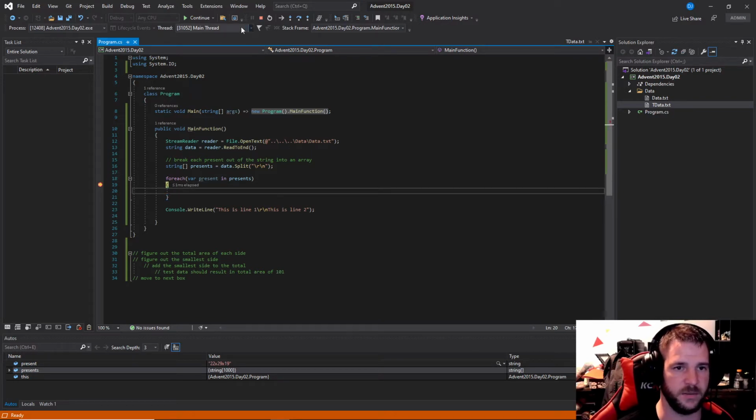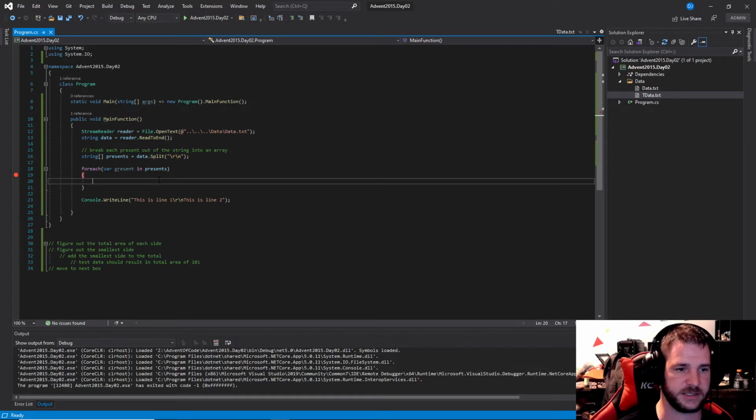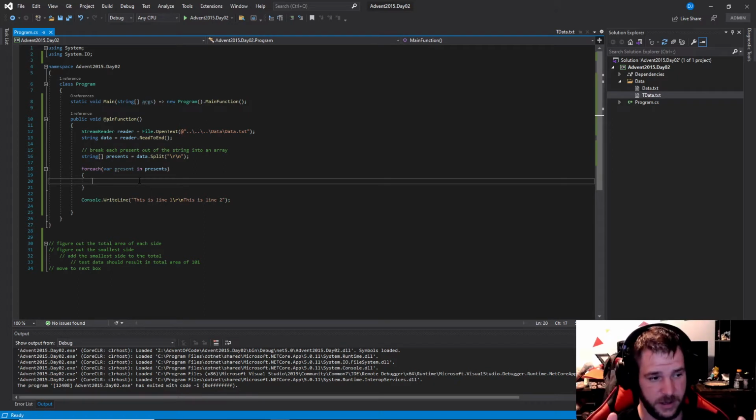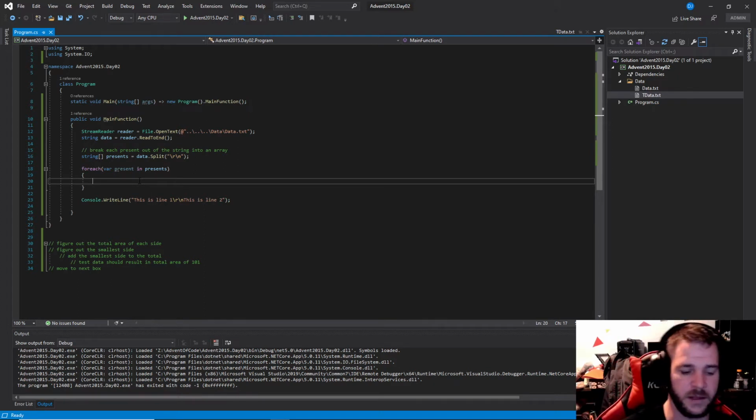We're now iterating through and looking at each individual present. What do we need to do for each one? We need to get the height, the length, and the width. So we're going to do var dimensions. We don't want to do var. It's going to be a string array, just like before, and it's going to be the dimensions